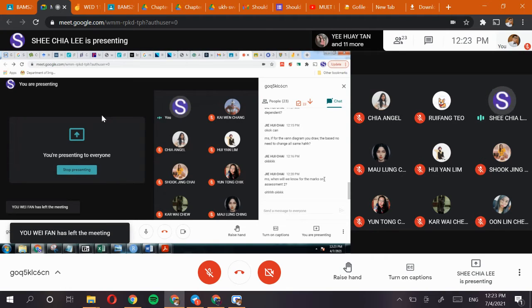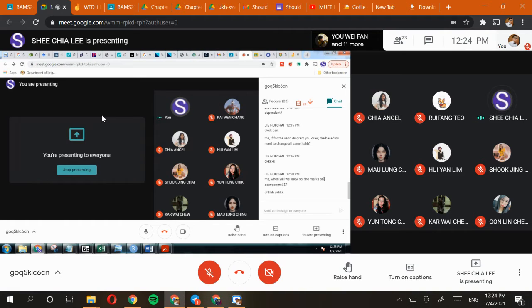And remember, must click the submit button. Okay, there are students who didn't click the submit button. I can see the file. I can see the file in the Google Classroom. It is uploaded. But if you didn't click submit, it is still considered as missing. Okay, so please make sure you click the submit button. And everything also you take photo. Make sure all the pages that you want to submit, you take photo already. Okay,